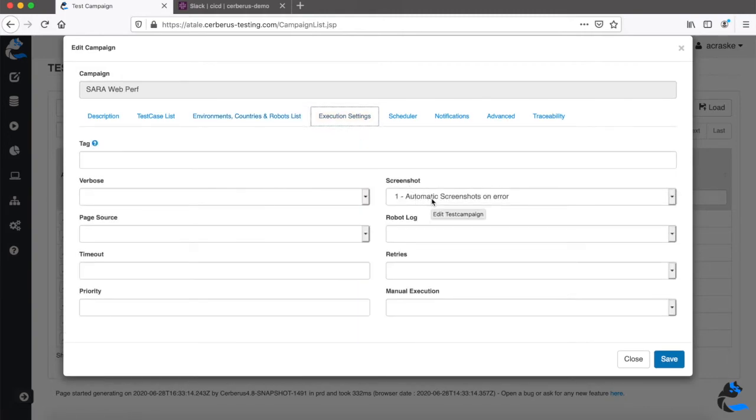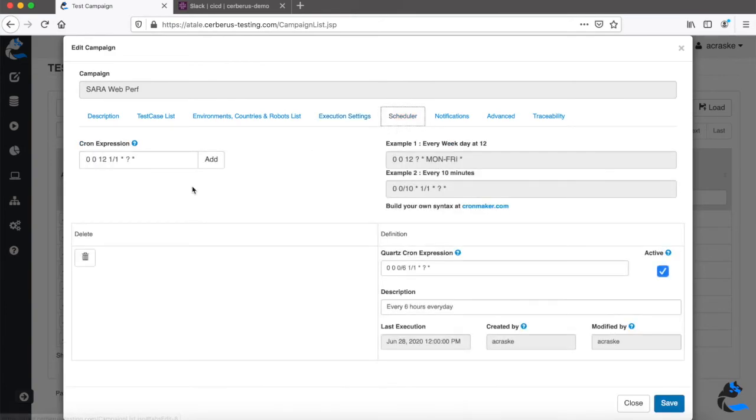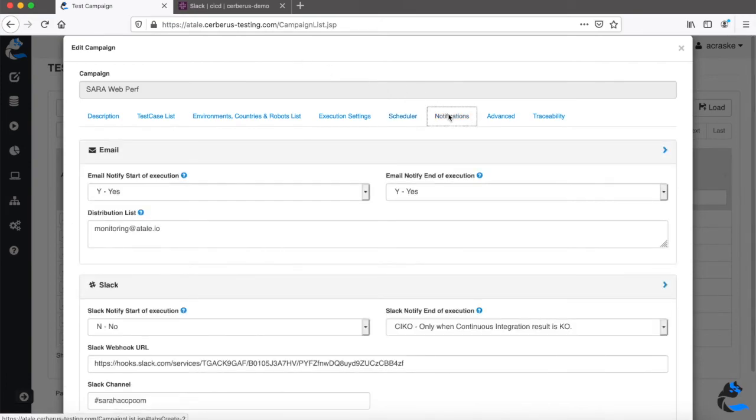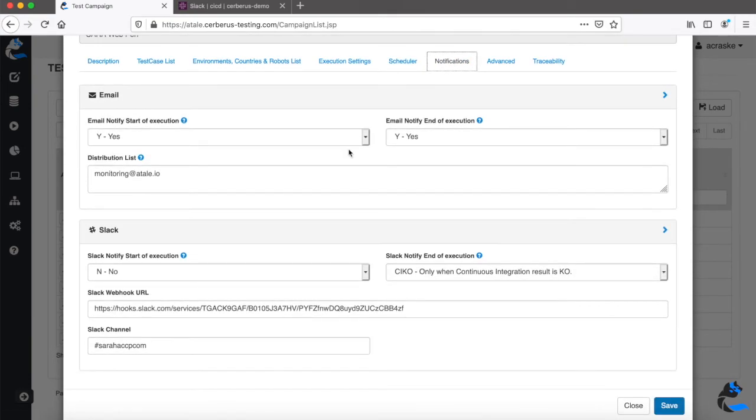We have also set up an automatic screenshot, to be able to detect specific customer behavior or issues. And the difference here is that we set up a specific schedule for our campaign, because we need to run it at a defined frequency and not have it triggered by a CI/CD part.